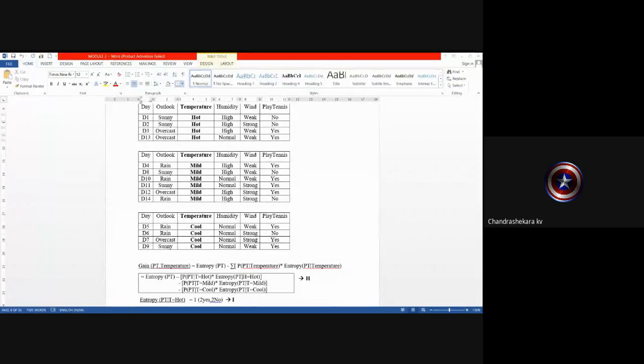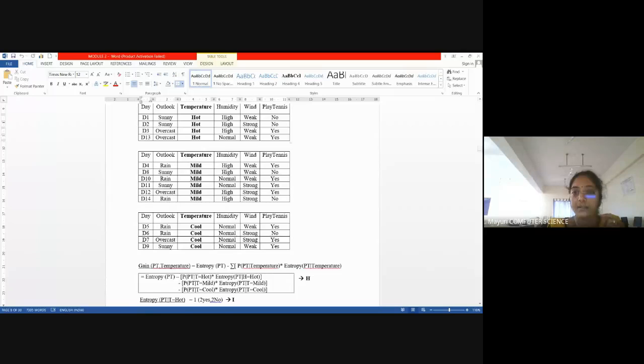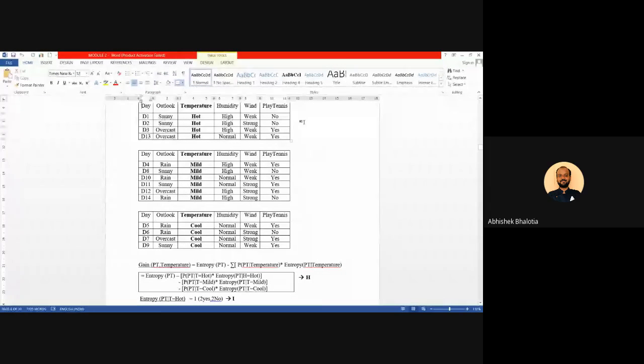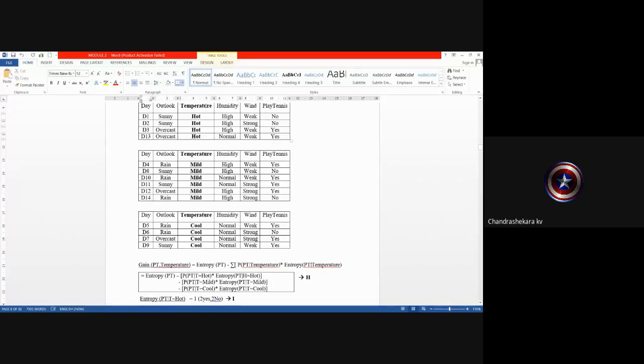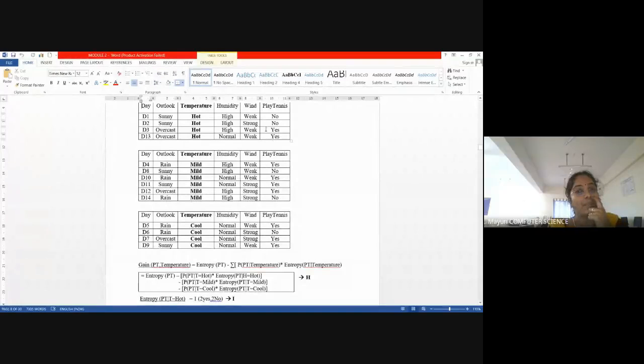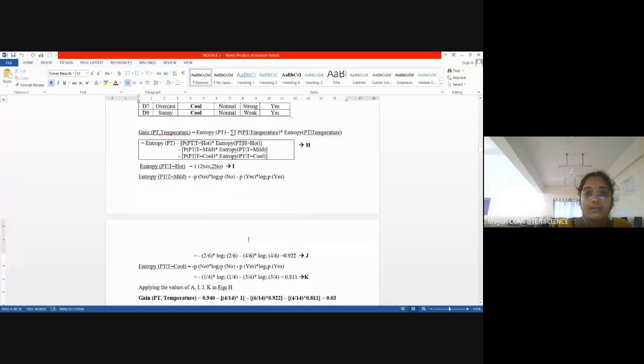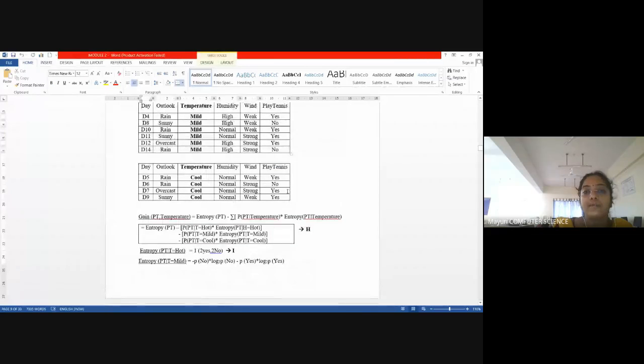One, ma'am. Yes. Why is it 1? Since all values are same. No, if all values are same, entropy is 0. Equally classified, ma'am. Look at the classification. Equally classified, 2 no's and 2 yes. So the entropy of hot is what? 1. You could see that. So I have written 2 yes, 2 no's. So entropy is 1. First calculate the entropies with respect to play and yes, then find the probability.